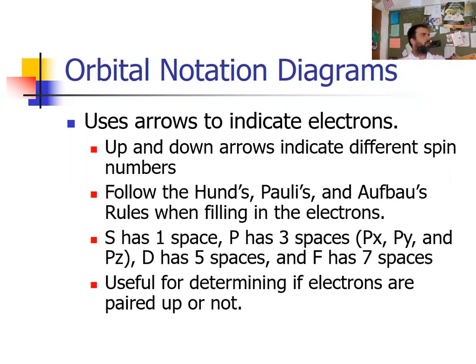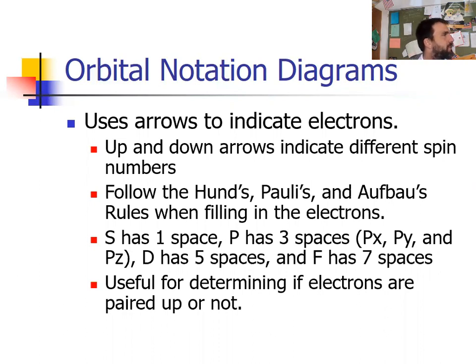So we're going to follow our rules. The big thing is the spin. The spin quantum number is either positive 1/2 or negative 1/2. A positive 1/2 spin is indicated by an up arrow, and a negative 1/2 spin is indicated by a down arrow. You can see from the energy level diagram, S has 1 space, P has 3 spaces, D has 5, and